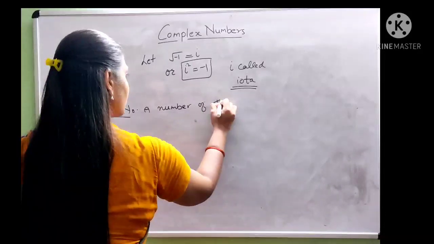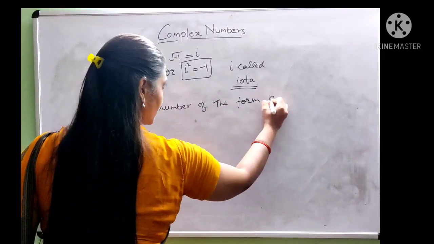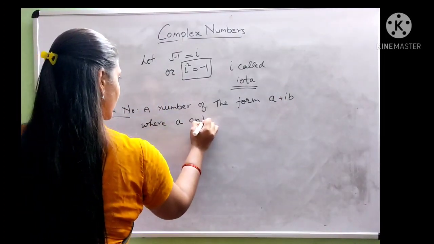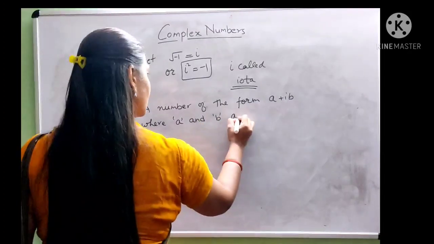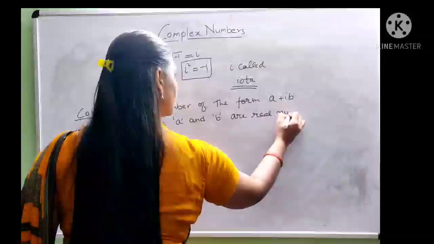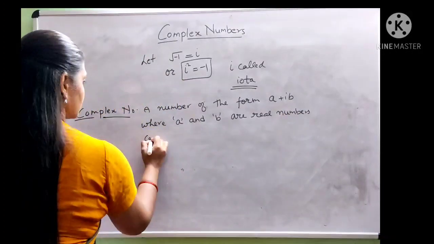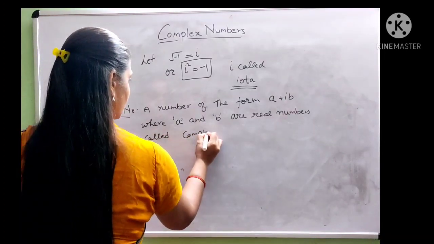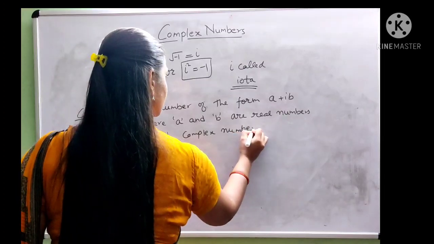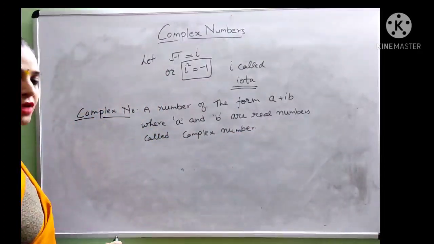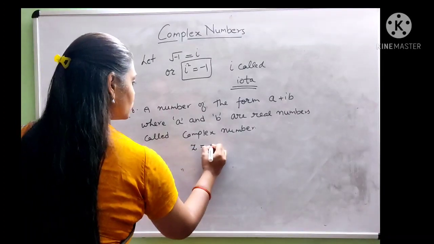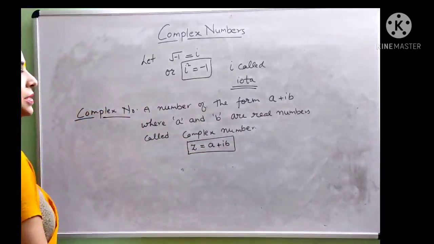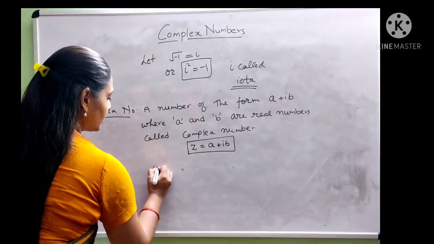A number of the form a plus ib, where a and b are real numbers, is called a complex number, and a complex number is always denoted by small z. So we can represent a complex number z is equal to a plus ib, where